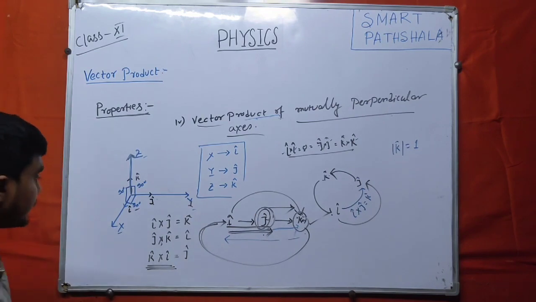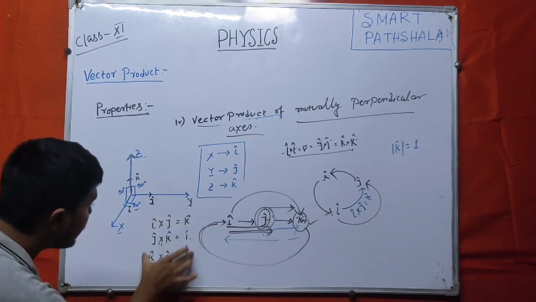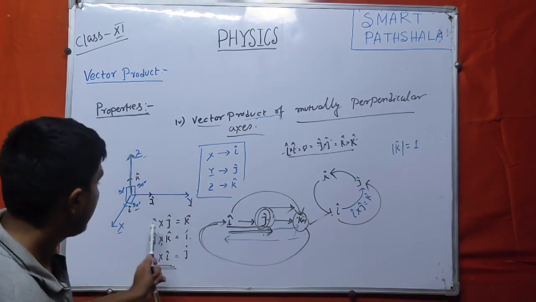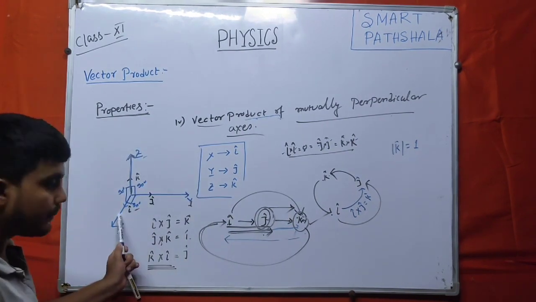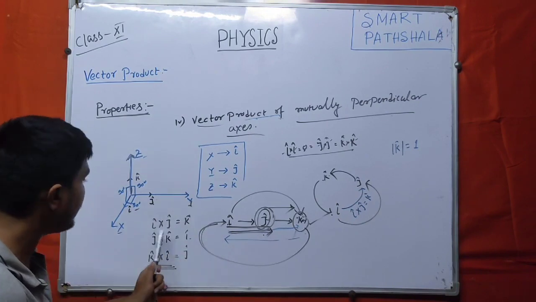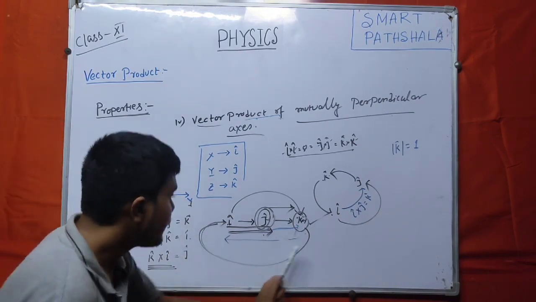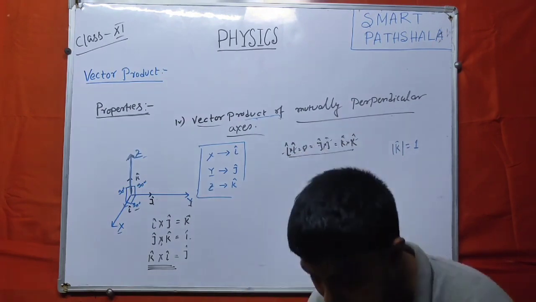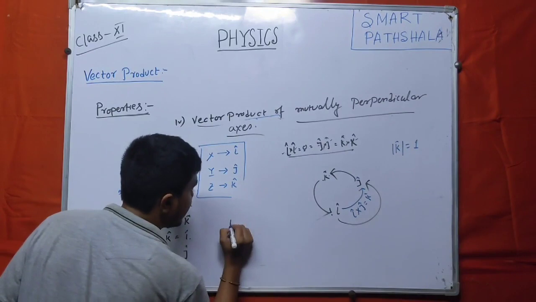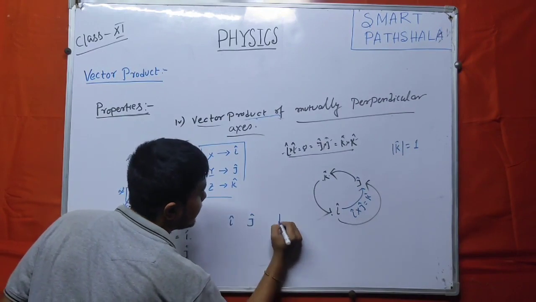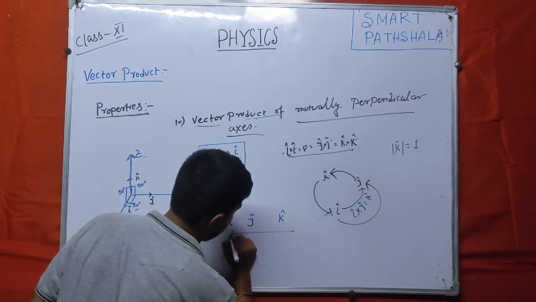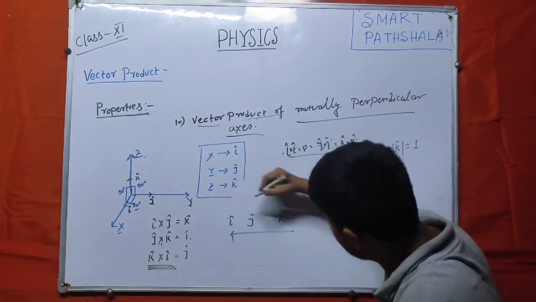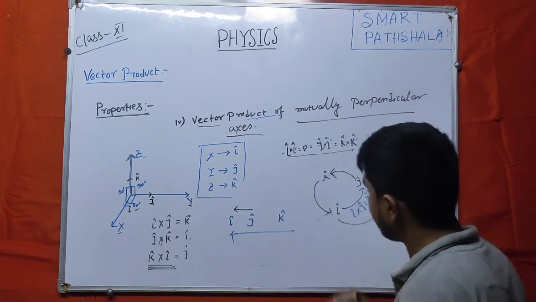Now these are the set of cross products of different unit vectors taken in positive order. But in negative order it is also possible. That is, i, j, k in this reverse direction it is also possible. That means you can multiply j cap cross i cap.